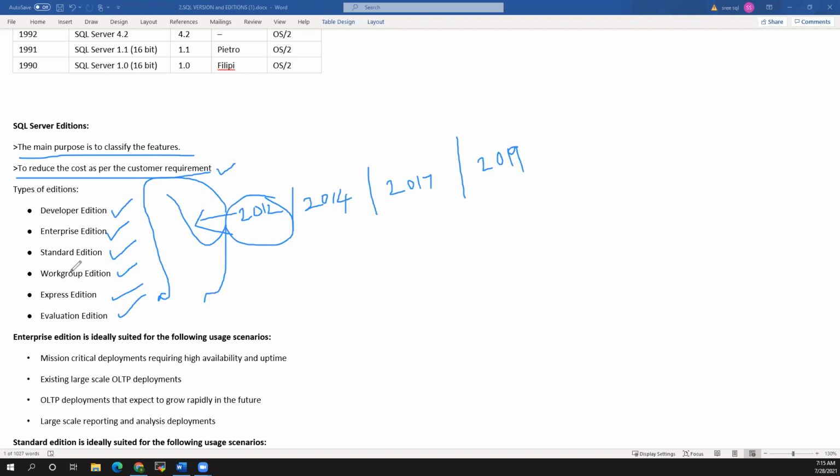So we'll discuss what kind of features these editions give. The main ones are standard and enterprise edition.